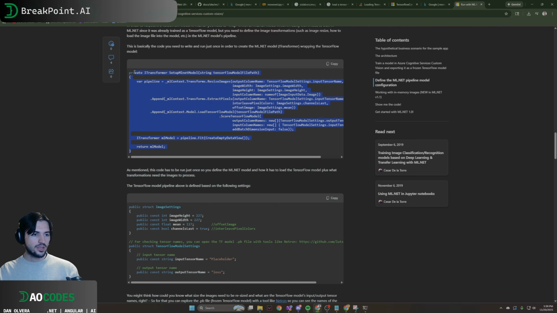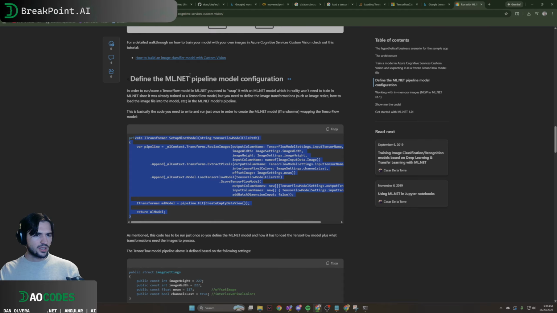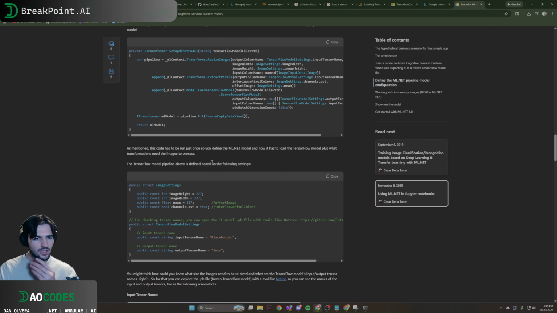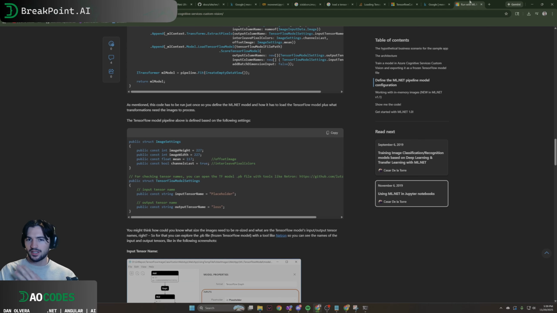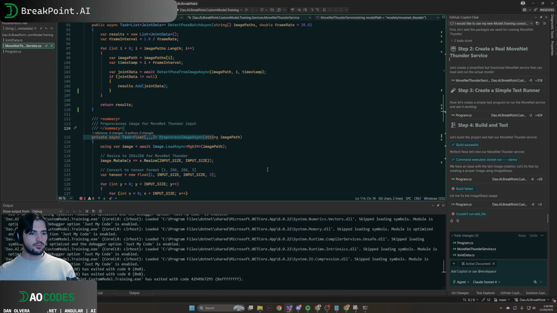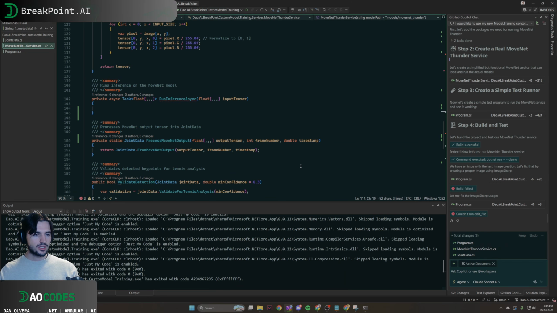So basically the code, at least to write and run, since it already is trained, but you need to define the image transformations. How to? Okay, so let's copy that in. As mentioned, the code just has to run once, so you define and then pull it in. Okay, that makes sense. So let's get